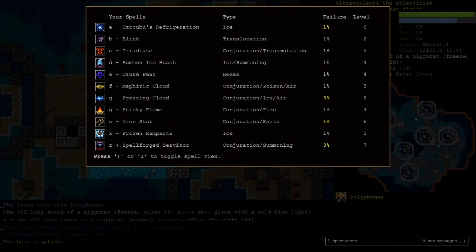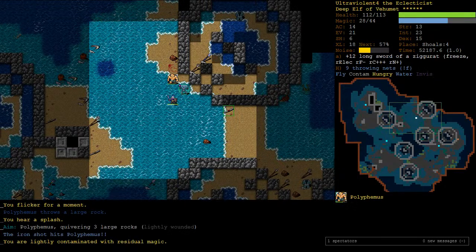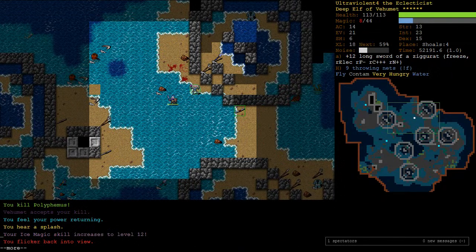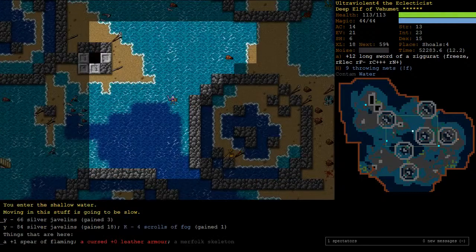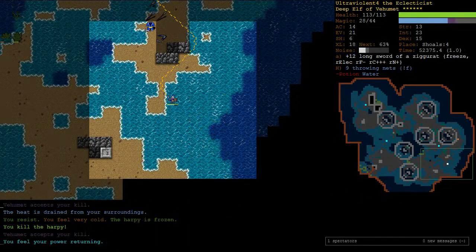I can also just cast my own Iron Shots now. Yeah, okay. I can do my own Iron Shots. It doesn't just have to be a servitor thing. We can do the team. We can nail him together. It sounds kind of dirty, but yeah, we nailed him as a team. Anyway,